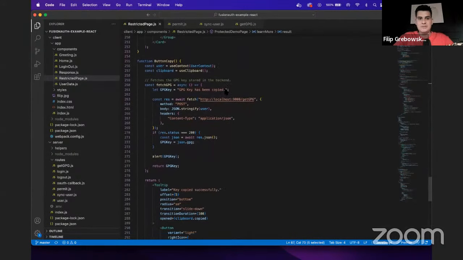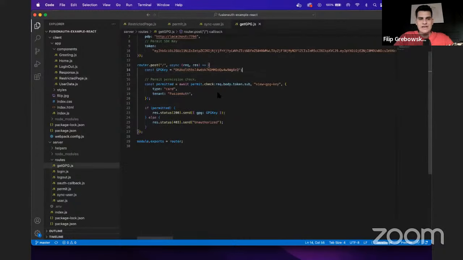When we're copying the GPG key, I have a permission and a permission check that hits this endpoint called get GPG key, which checks for that permission, again runs a permit check on the backend, whether that specific user ID that I'm currently logged in as, that we have taken from FusionAuth, is able to view that GPG key or not. So both permissions perform on both sides.